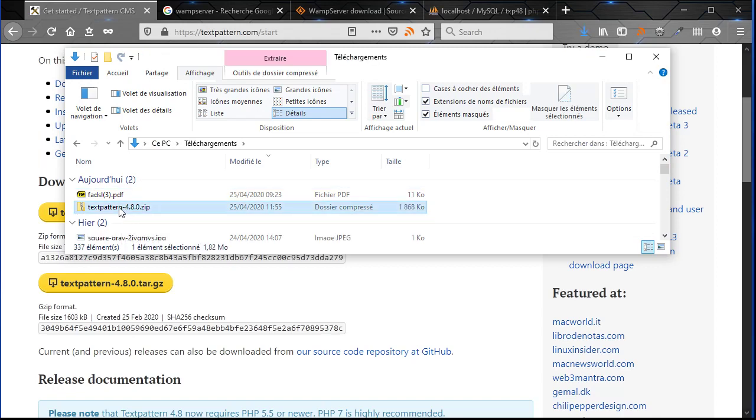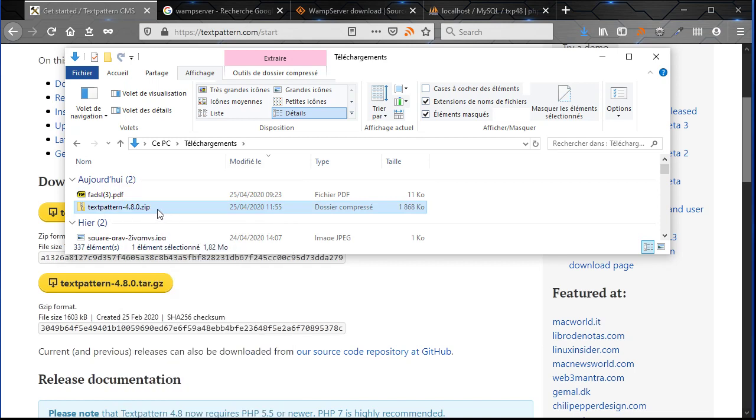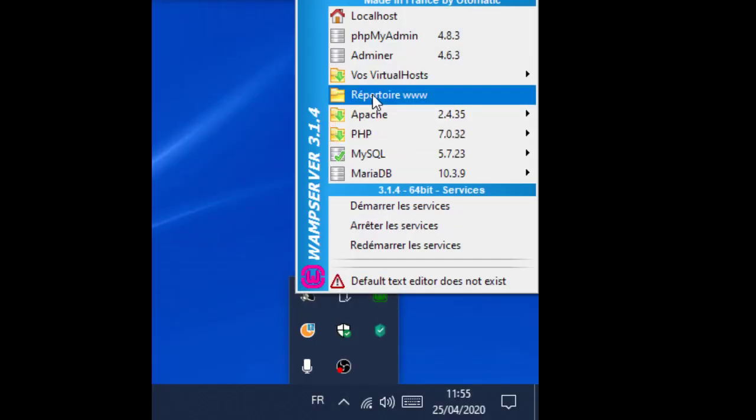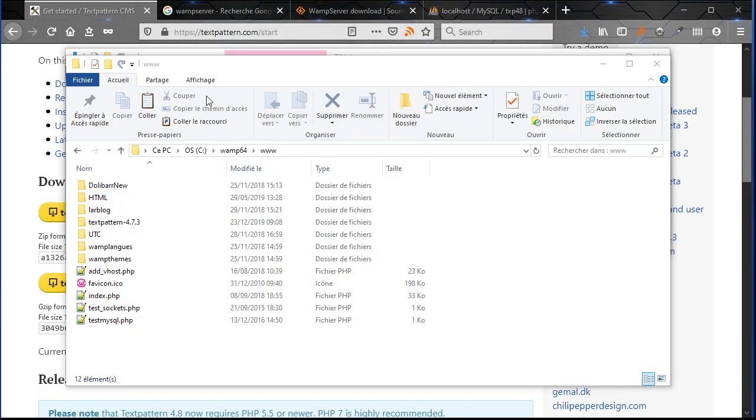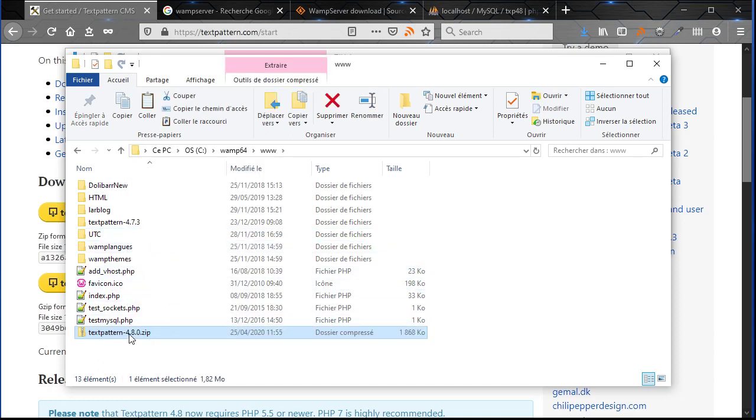Okay, then I copy this file. I will go to the www directory. You will find it here, always on the icon. Click. You will find it here. I will open Explorer here. Paste the Textpattern zip file,